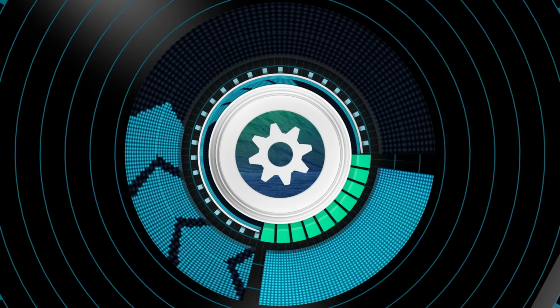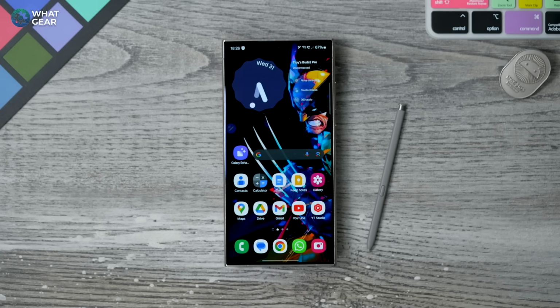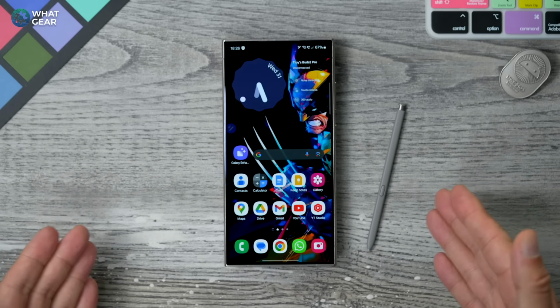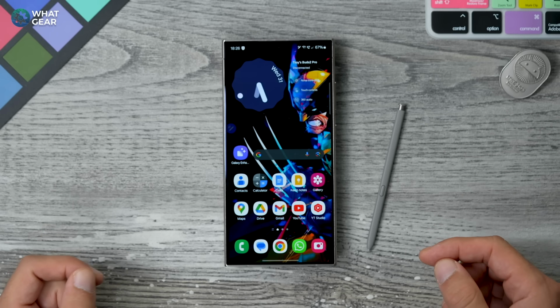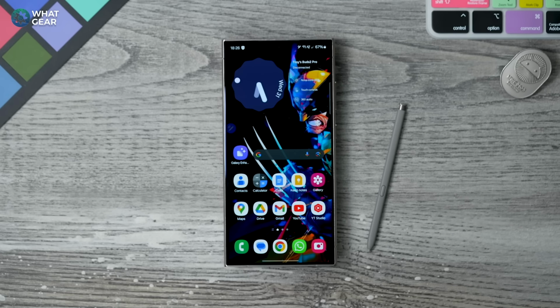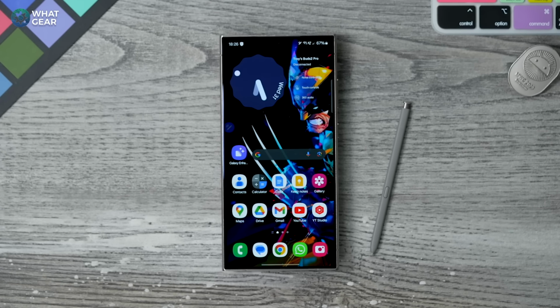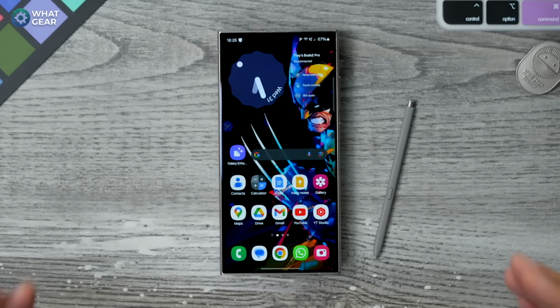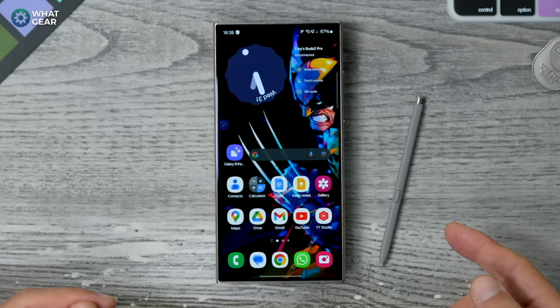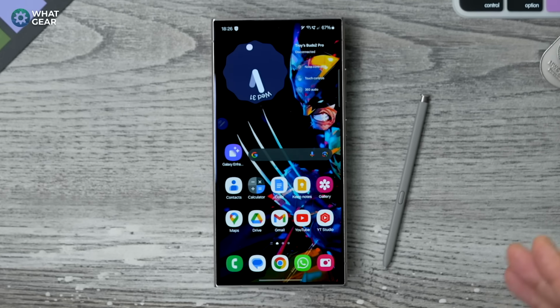Together we can move. In this video, I'm going to show you 17 pro Samsung Galaxy tips and tricks and hidden features that go well beyond my first things to do video. And if you didn't see that already, I'll link it at the end of this one, so don't worry. And if you use these, they will likely make your friends jealous, even more so if they're on iPhone, because when they see you using these features, this will be their face.